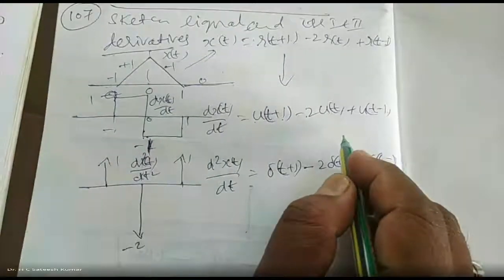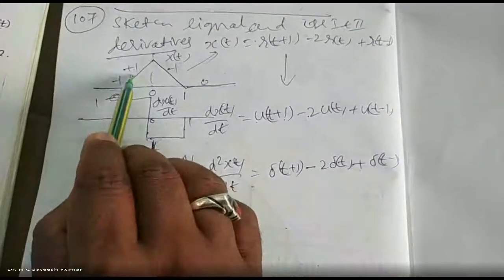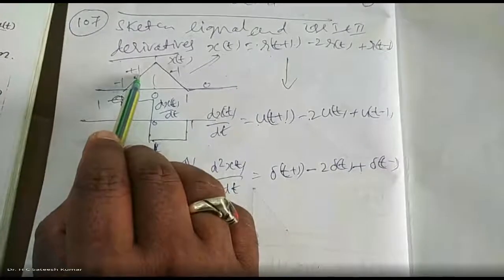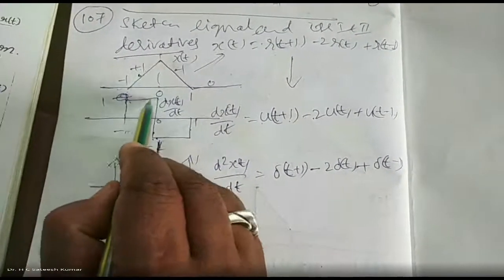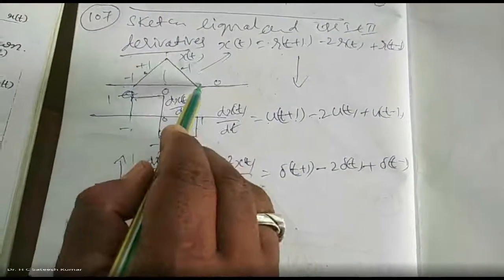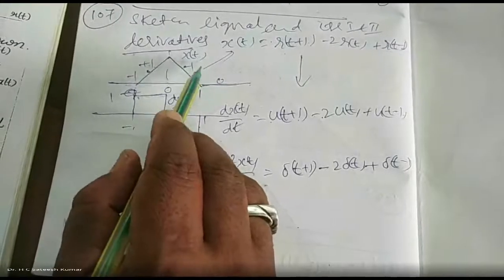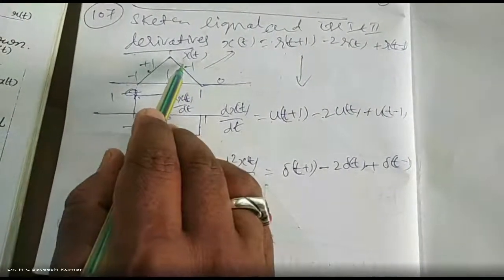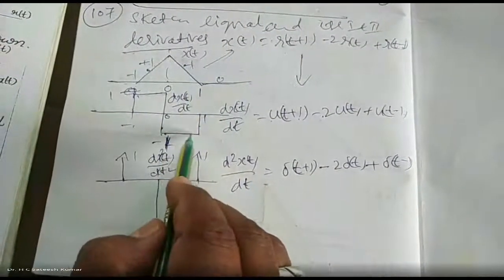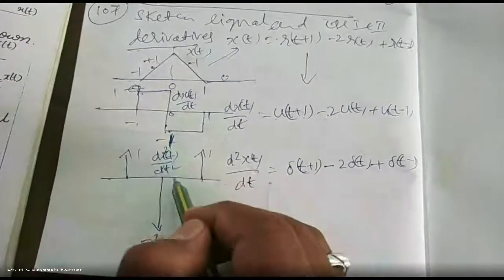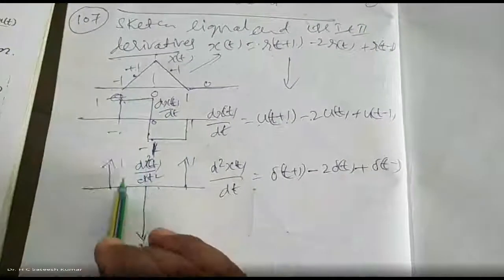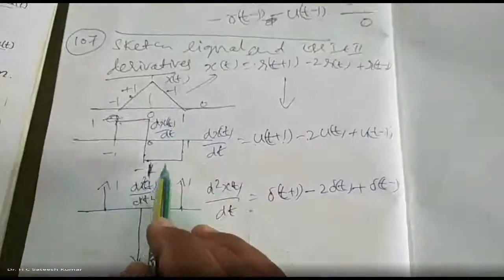The beauty of the problem is, see the graph. This is t. Slope is plus t. Differentiation of t is 1. You got this one. This is slope decreasing. The slope is minus t, that is, the equation is minus t. Differentiation of minus t is -1. That's how we got it. Now, differentiate this one. The differentiation of a constant is 0. That's why we get constant 0. Differentiation of this constant is also 0.